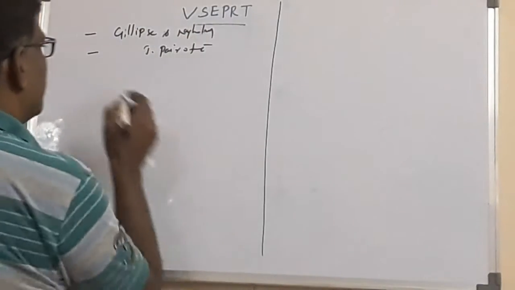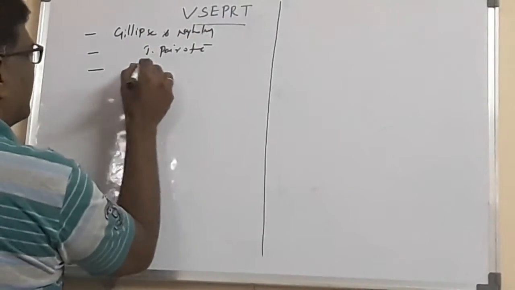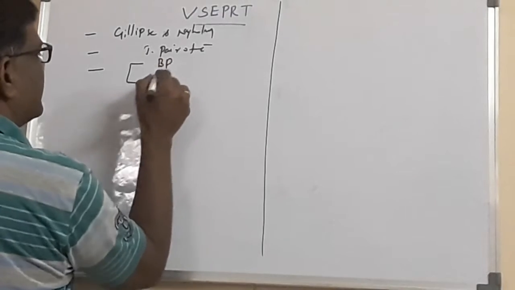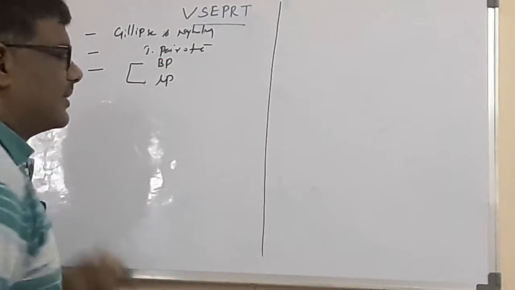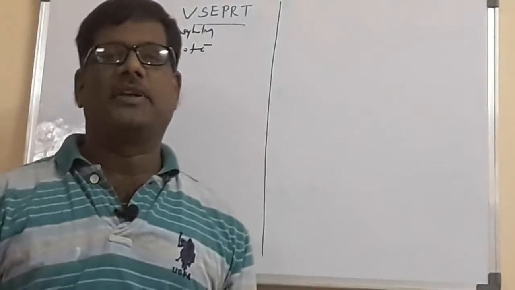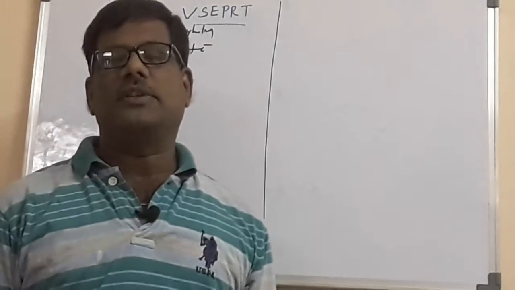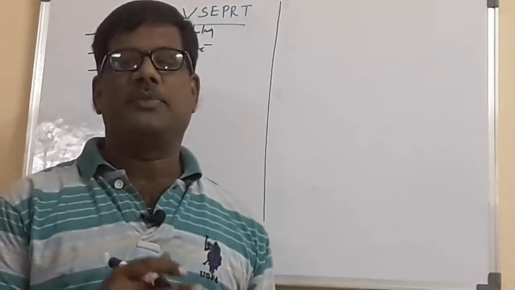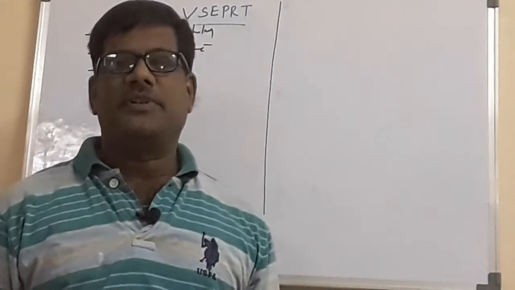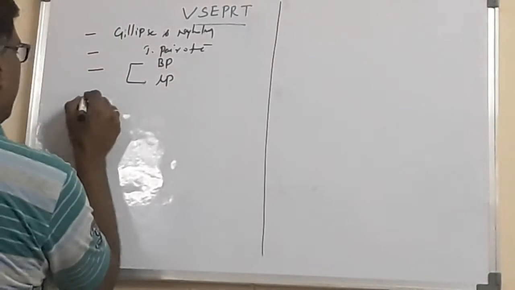How many types of pairs are you having? The pairs of electrons are classified into two types. One is called the bond pair of electrons, and the second one is called the lone pair of electrons. Whenever you know the bond pairs and the lone pairs, the total pairs on the central atom, we can predict the shape of the molecule immediately.